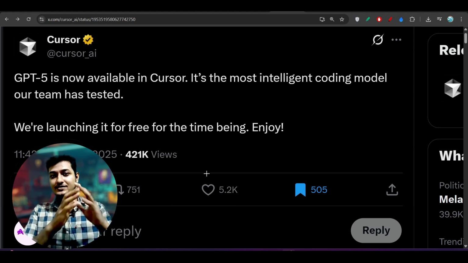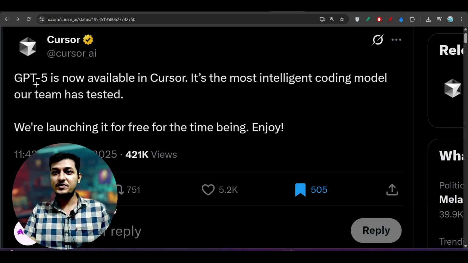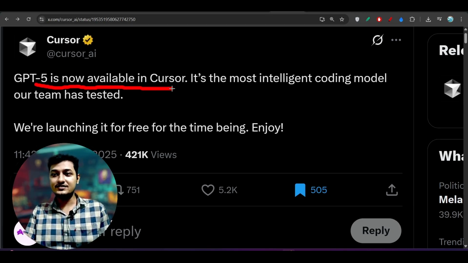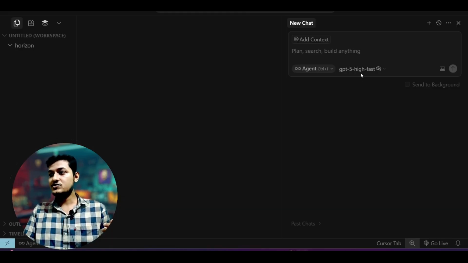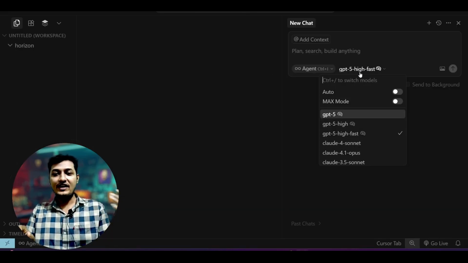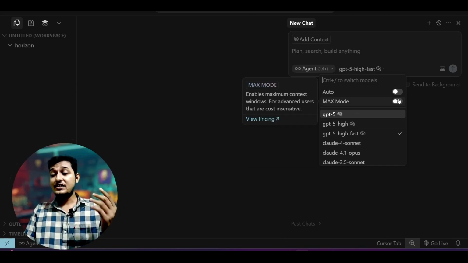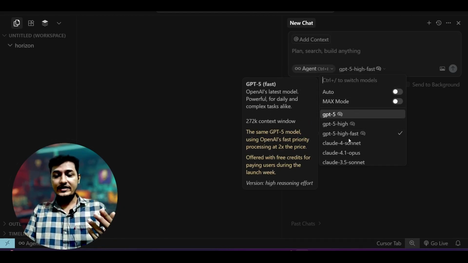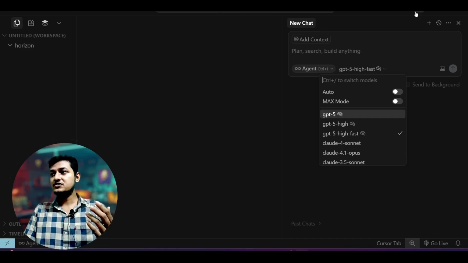Guys, finally the Cursor team has announced that GPT-5 is now available in Cursor and it is free to use. If I go to Cursor, you see that all the GPT-5 variants are available to use. By the way, if you don't find all of those variants in this drop-down option, just go to